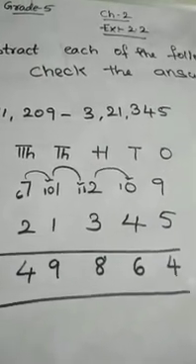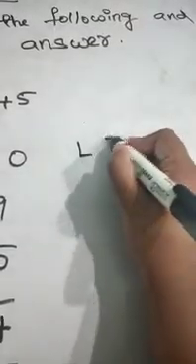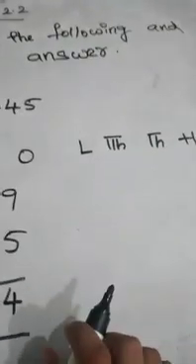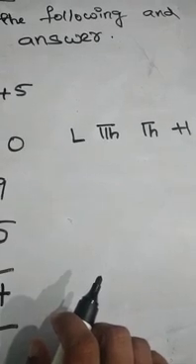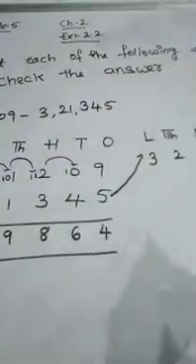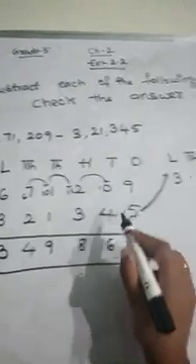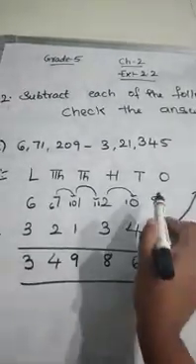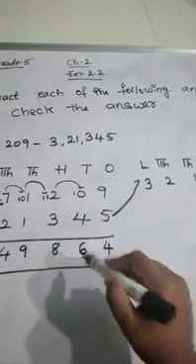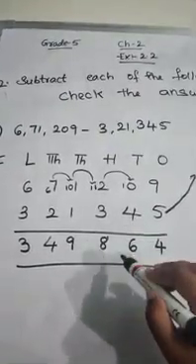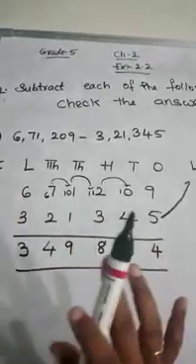Okay, so how can we do this? Let us see here. Firstly, we write this place value chart as it is. Now we start solving. We take the subtrahend number first here: 3, 2, 1. When we get this answer after adding both, we can say that our subtraction is correct. Let us do it here.